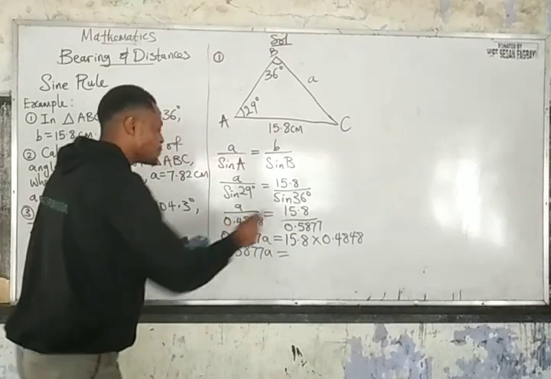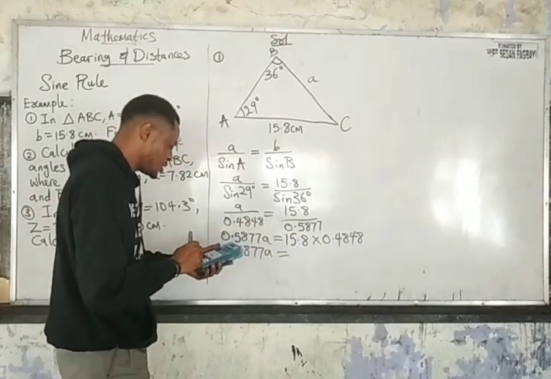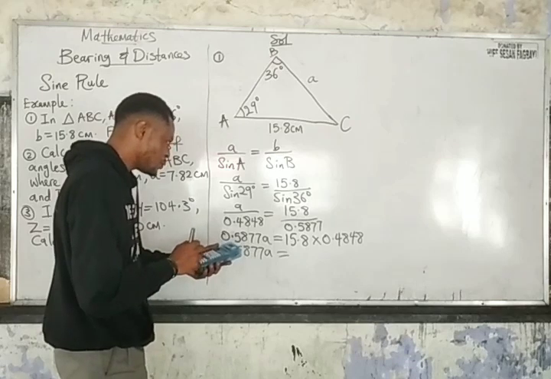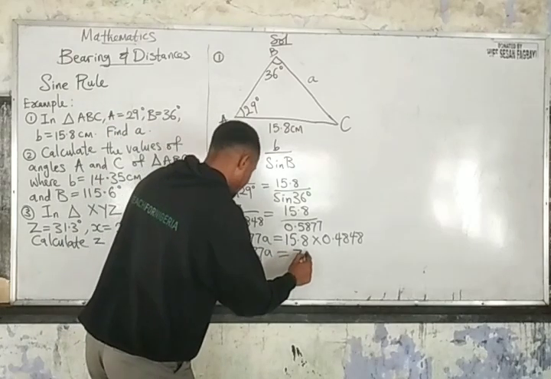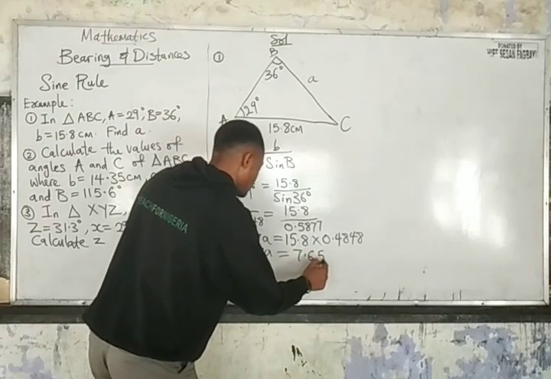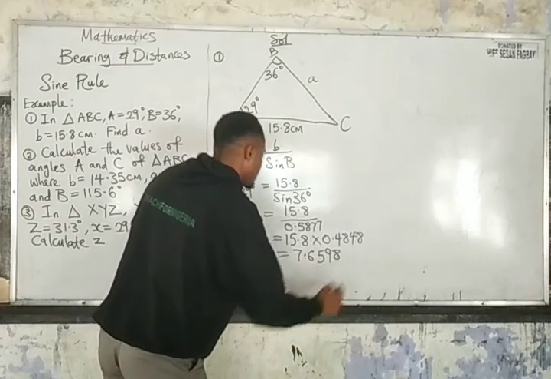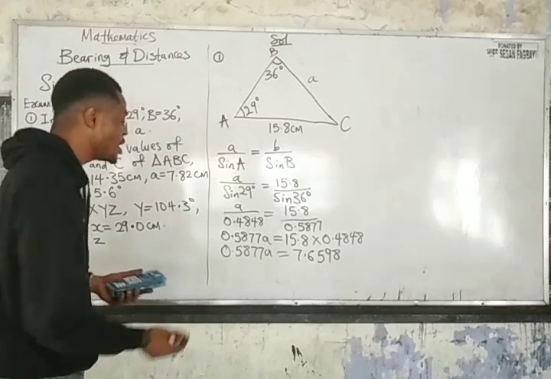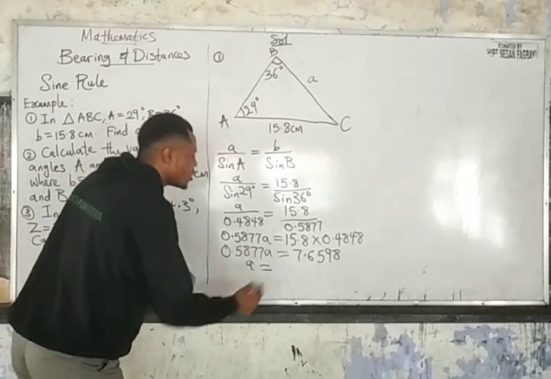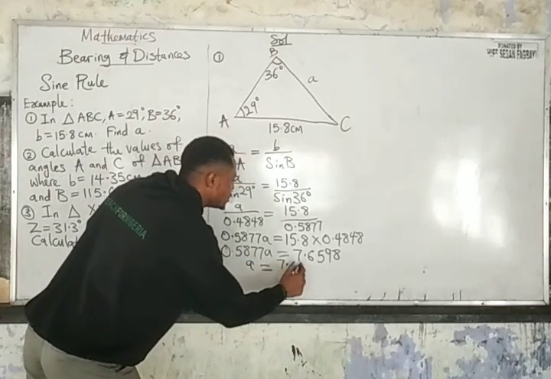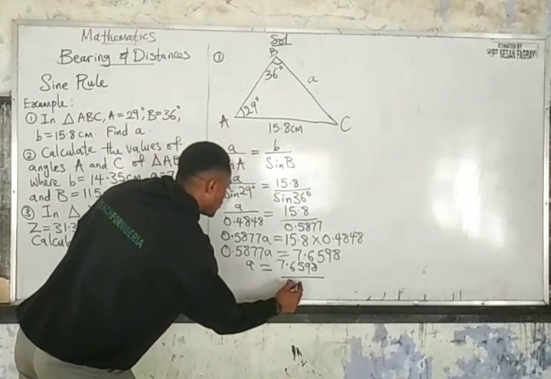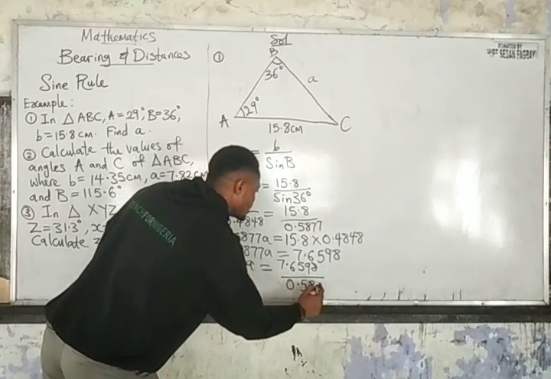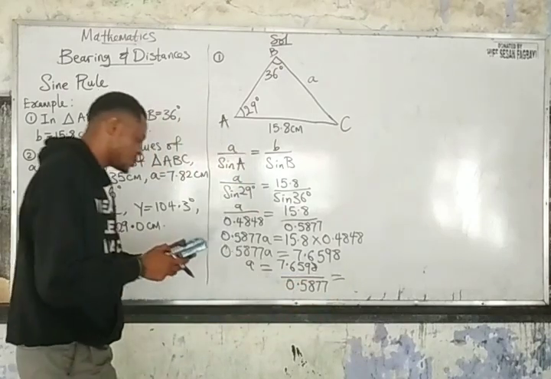0.45878 will give us the multiplication of this, which is 15.8 multiplied by 0.4848. Then we have 7.6598. So making a the subject of the formula will result to having a equals 7.6598 divided by 0.5877, and that will give us